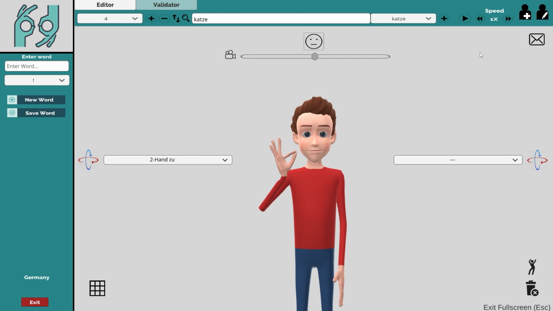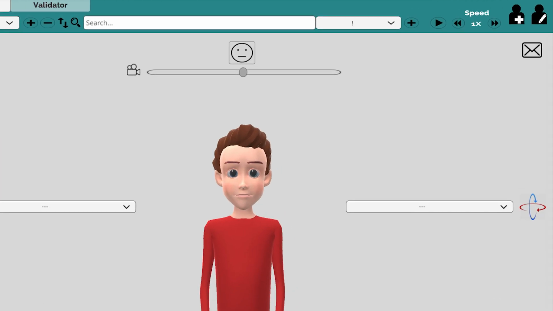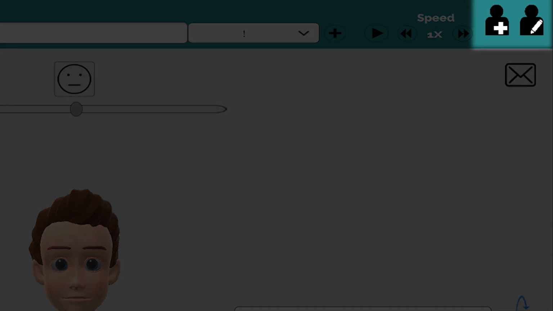Instead of configuring everything from scratch for a new sign, we can import a sign that was already configured and take elements of it that are useful to the currently configuring sign and delete the rest. After we are done configuring a sign, we must not forget to save the created sign. In the upper right corner, there are also options for help, registering new users and changing your current password.